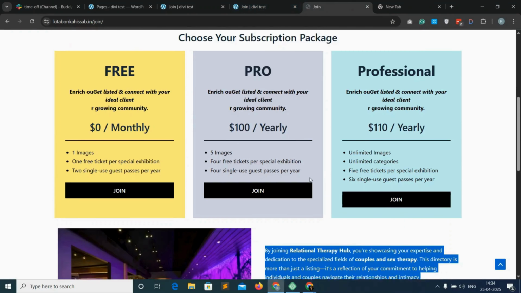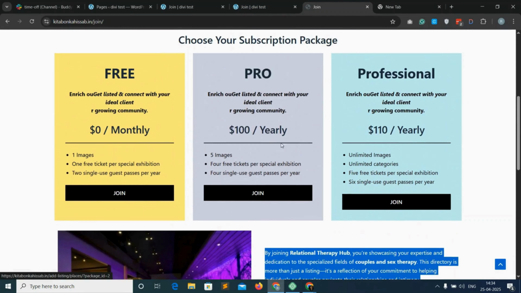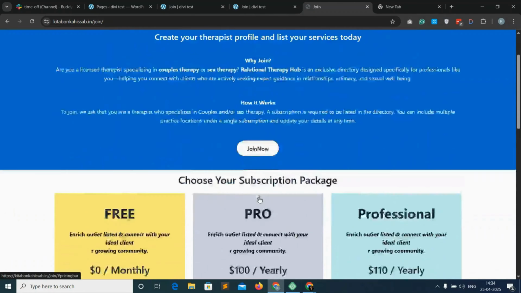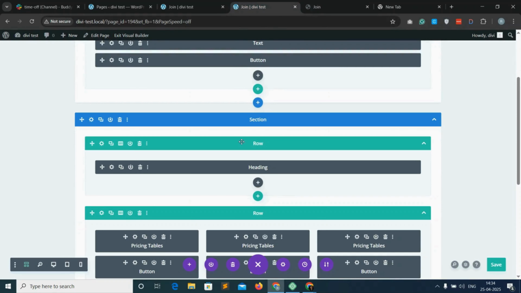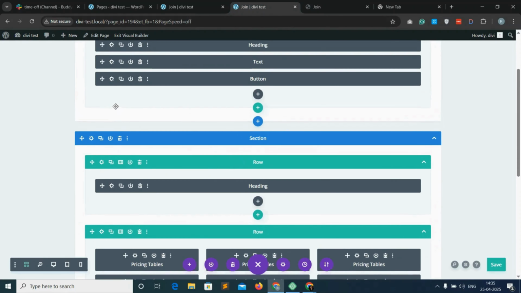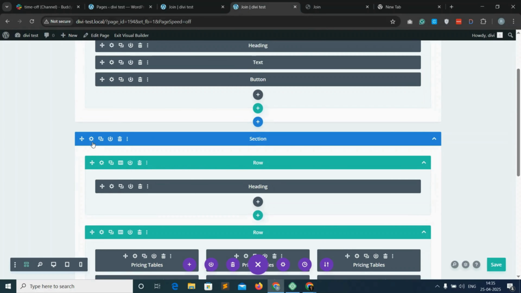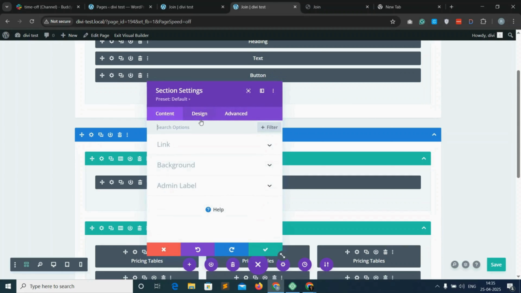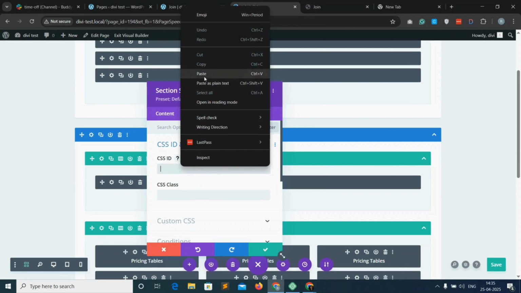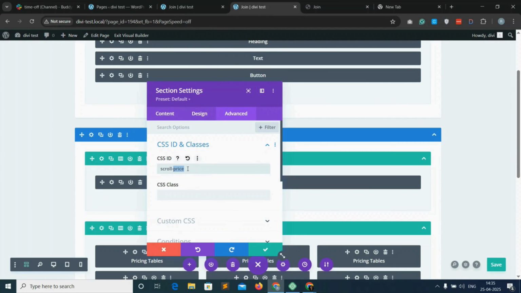So now after clicking on this button, it is coming over onto the packages like a scroll. So we will be adding this to our site. So for this, coming to the wireframe view and coming on to this section, and then click on the pricing section, and then adding a CSS ID, and then pasting it, then copying it over here, then saving it, and then coming on to the other block